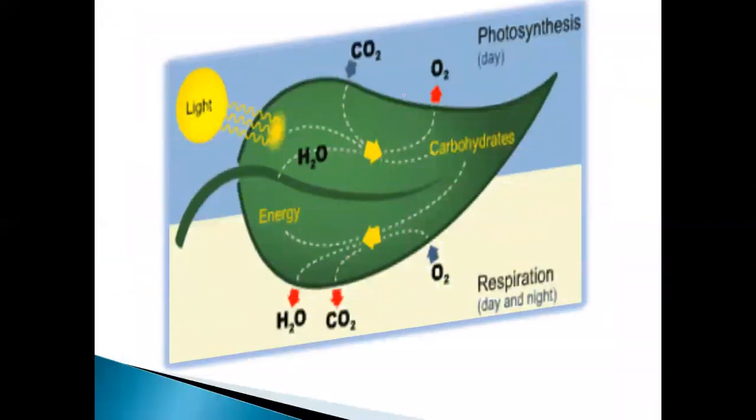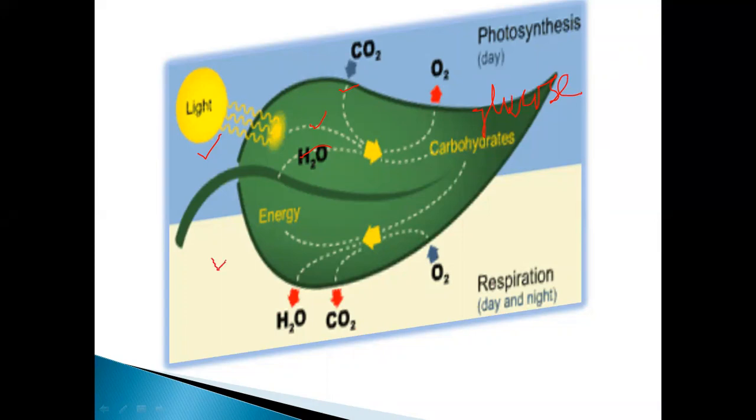Now you can see another comparison here. Here is photosynthesis. This is daytime, light energy is trapped, and water is utilized. Three things are utilized, and they give us oxygen and carbohydrates. Carbohydrate means glucose. Okay,